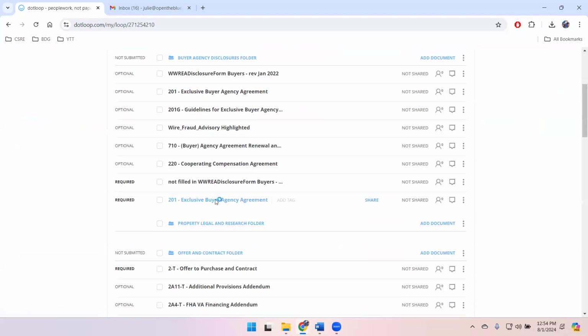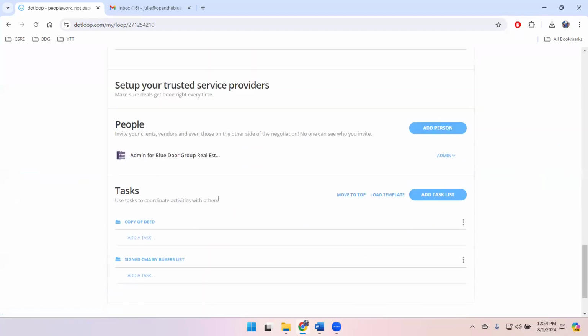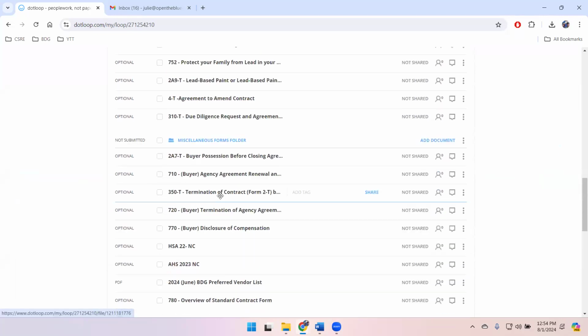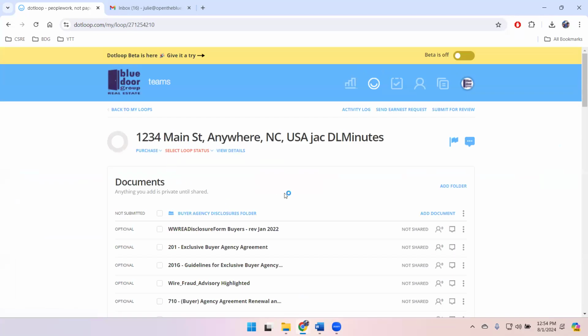Again, this is what we've always seen. So we want to come and add the people. This is a new loop. So we want to come and add the people and the address and all that good stuff. Before we get carried away with writing the offer and everything, now that I have my new transaction loop, before